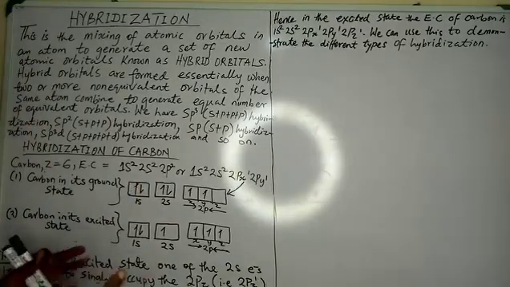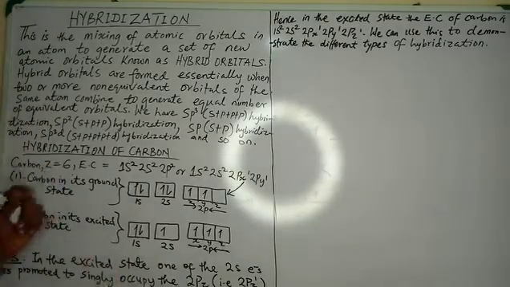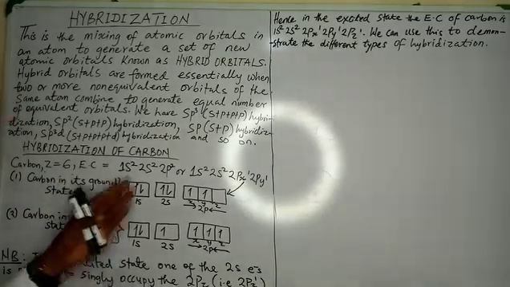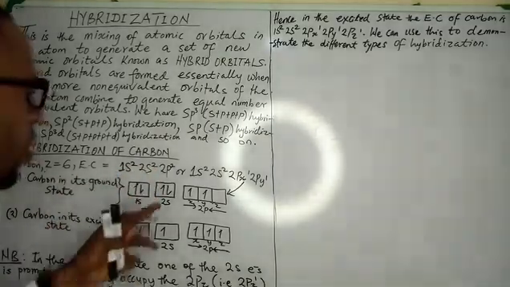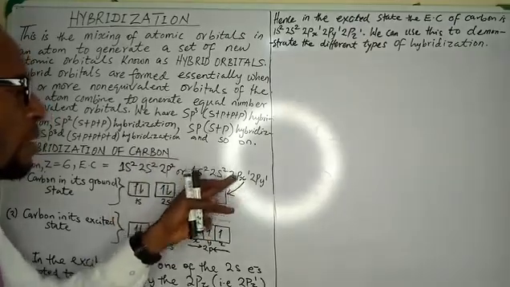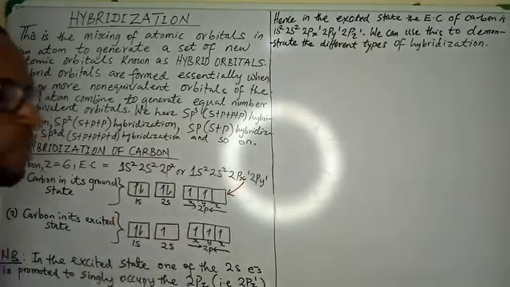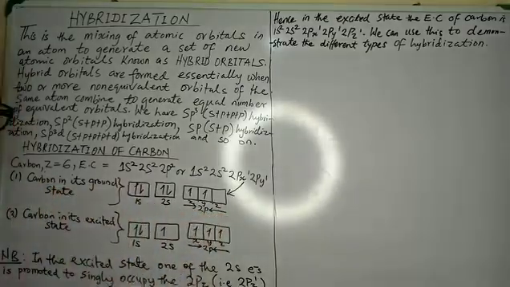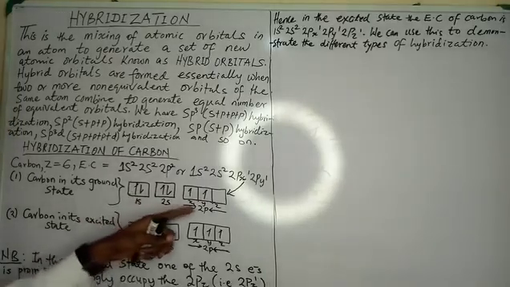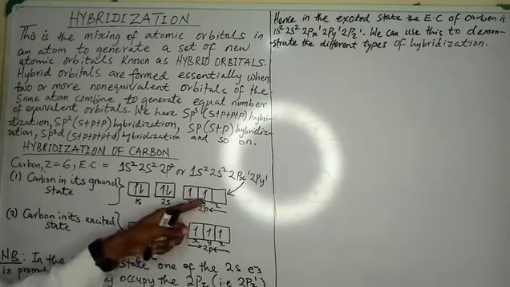All right? Nice. Recall that carbon has the atomic number of 6 with the electronic configuration of 1s2, 2s2, 2p2, or 1s2, 2s2, 2px1, and 2py1. This is carbon in the ground state. This is the carbon that we know. In the ground state, at room temperature, you have 1s2, 2s2, 2px1, 2py1.